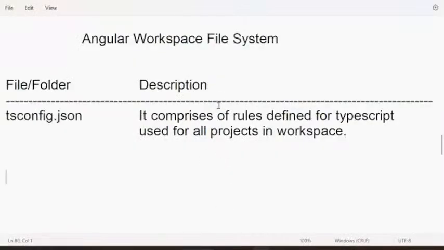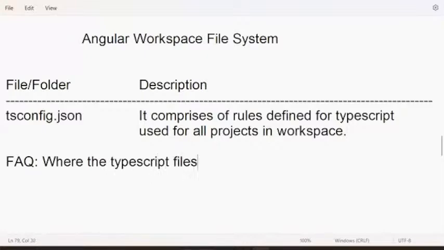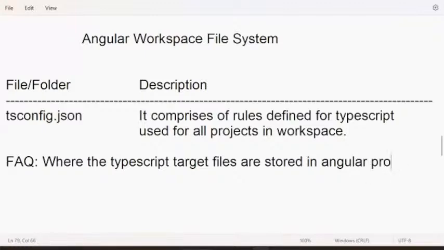The frequently asked question is: where are the TypeScript target files stored in an Angular project? The answer is this location.